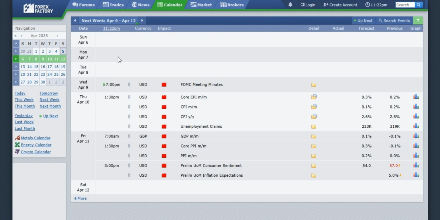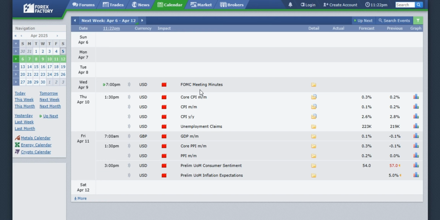So, Monday, we have an absence of any euro, GBP, or dollar news. There's no news on Monday and Tuesday. Monday and Tuesday, we'll have nothing. News will start on Wednesday. For the dollar index, we have